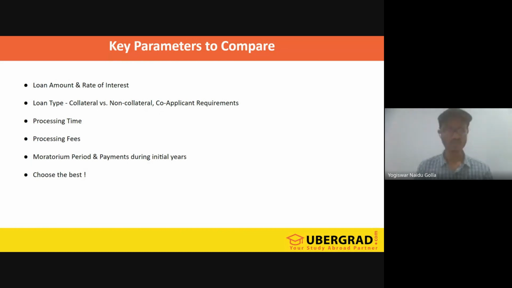Okay, so what's the processing time? Coming to the third factor, which is processing time. Processing time generally takes not more than 5 to 7 days for non-collateral loans. Non-collateral takes very little time compared to collateral. For collateral, it takes 15 to 45 days, depending upon the type of asset you place against the collateral loan. For example, if there are any discrepancies, the processing time takes longer for collateral loans. That's why people choose non-collateral for processing time, and if they don't have any properties under their name, non-collateral is the best choice for education loans, as they are flexible in terms.